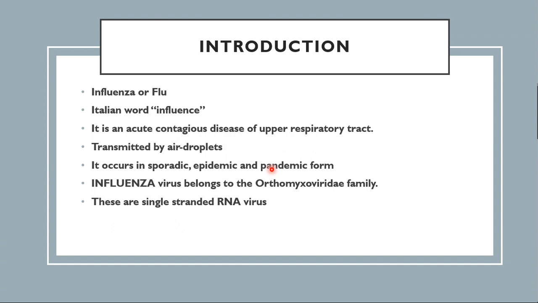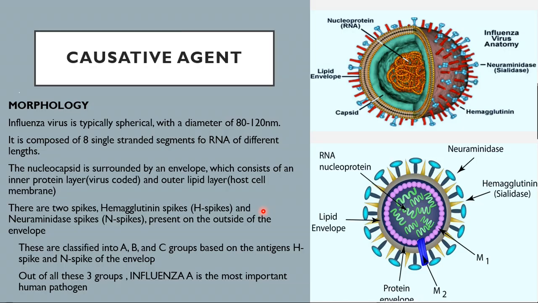That is, myxa means mucus, which is able to adsorb on the mucoprotein receptors of RBC, causing hemagglutination. And these influenza viruses are also classified as single stranded RNA viruses, as their genetic material is RNA. Now coming to the causative agent, the influenza virus, as I told you, belongs to the Orthomyxoviridae family,